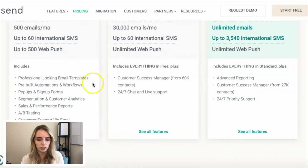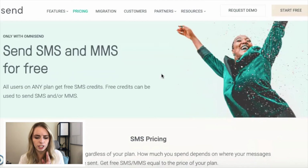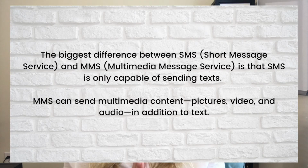So professional looking email templates, A/B testing, segmentation. And as you move up in the plans, they're going to include everything in the plan before, plus additional support and different features there. But let me scroll down here and just let you guys know the difference between SMS and MMS. So the biggest difference between SMS, which is short message service, and MMS, which is multimedia message service, is